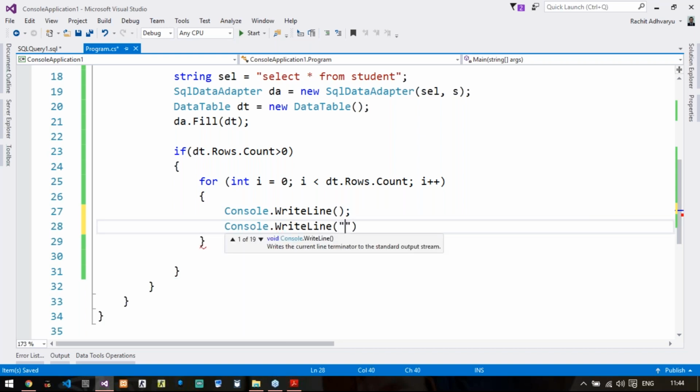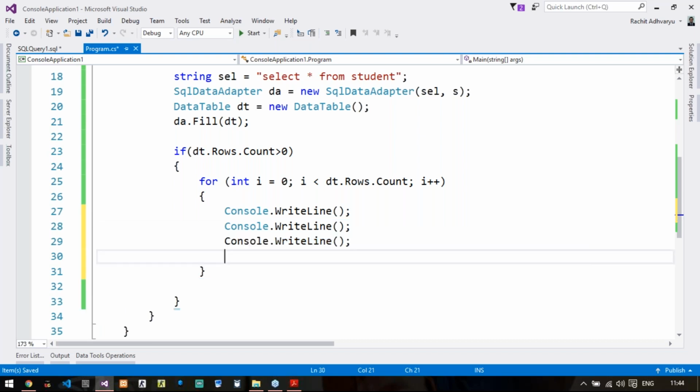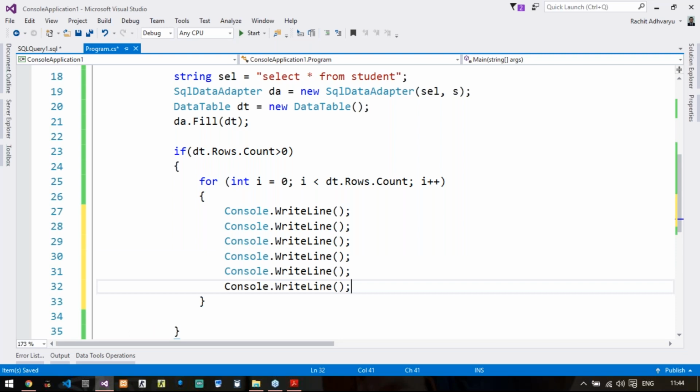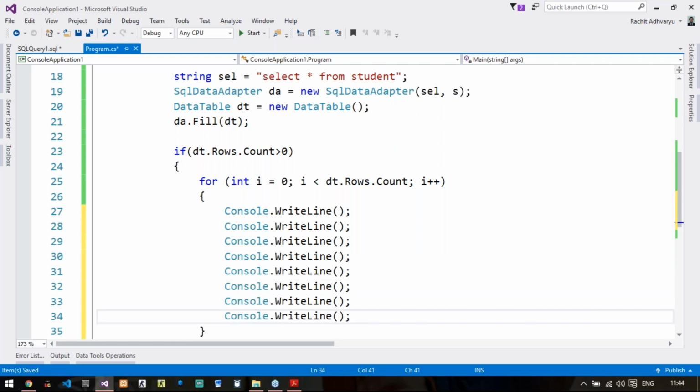So let us say 1, 2, 3, 4, 5 and 6, and one more just for a new line. Next, what I want to print is enrollment number equals to index 0, or you can use the plus sign, I don't mind.